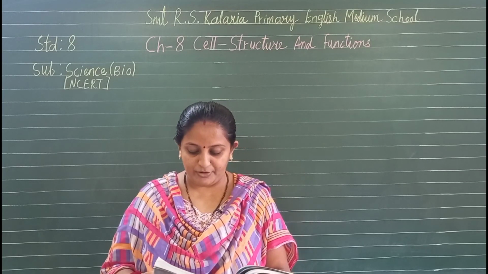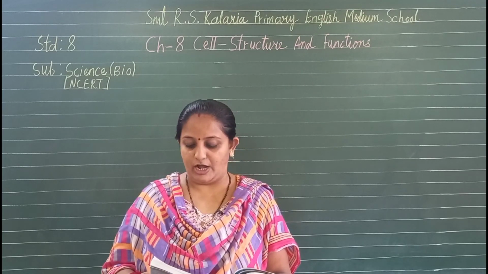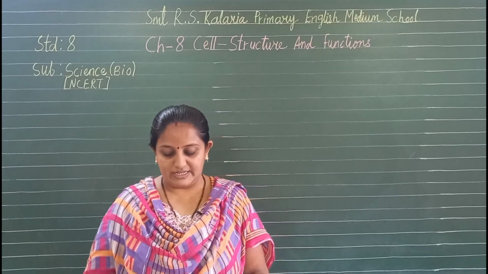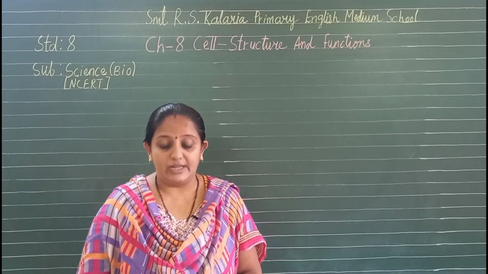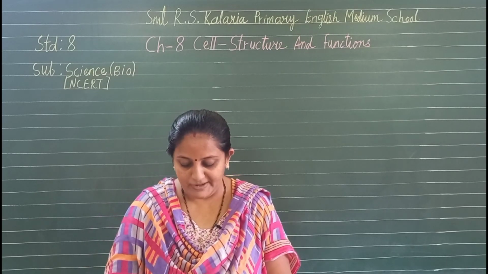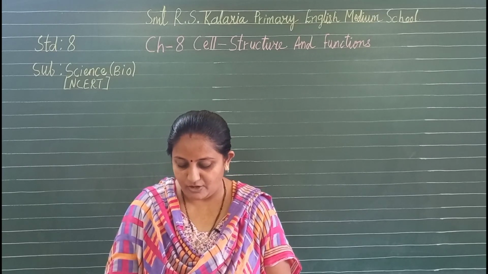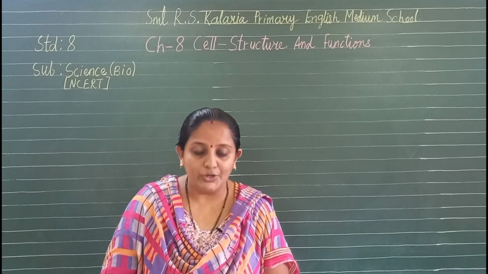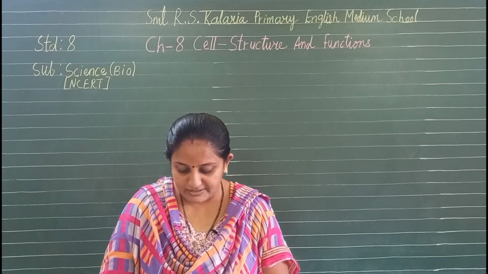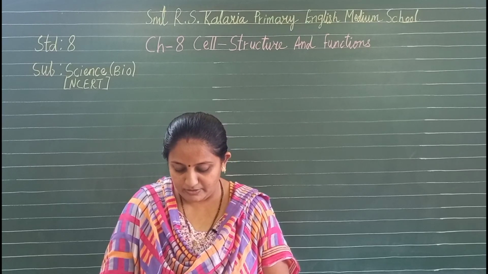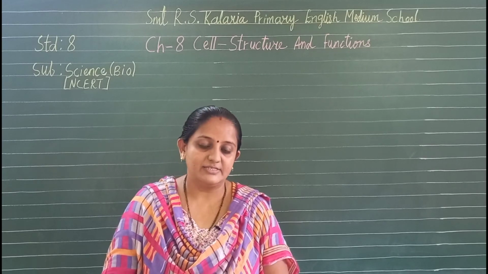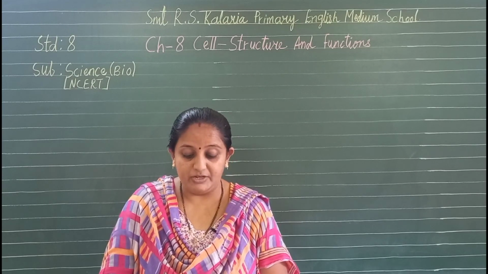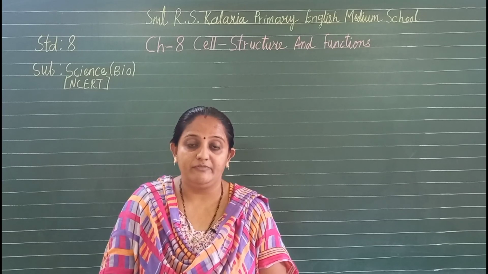Plant cells differ from animal cells in having an additional outer layer around the cell membrane, termed the cell wall. Colored bodies called plastids are found in the plant cell only. Green plastids containing chlorophyll are called chloroplasts. A plant cell has a big central vacuole, unlike the number of small vacuoles in animal cells. So these are some of the important points which we had learned and revised.